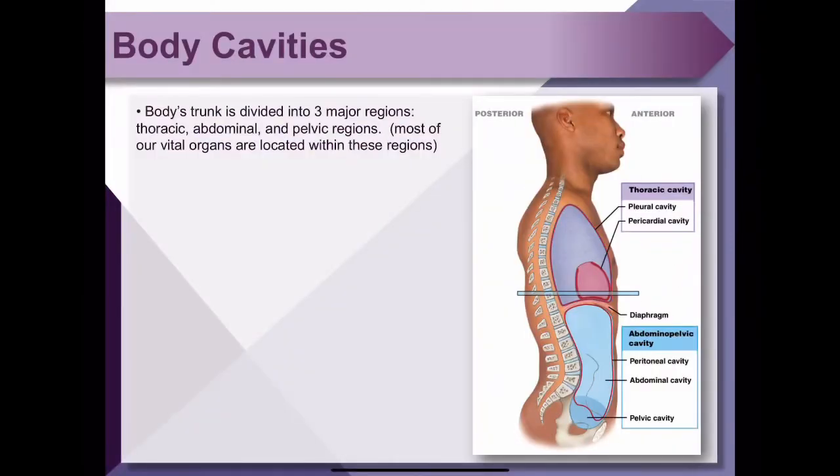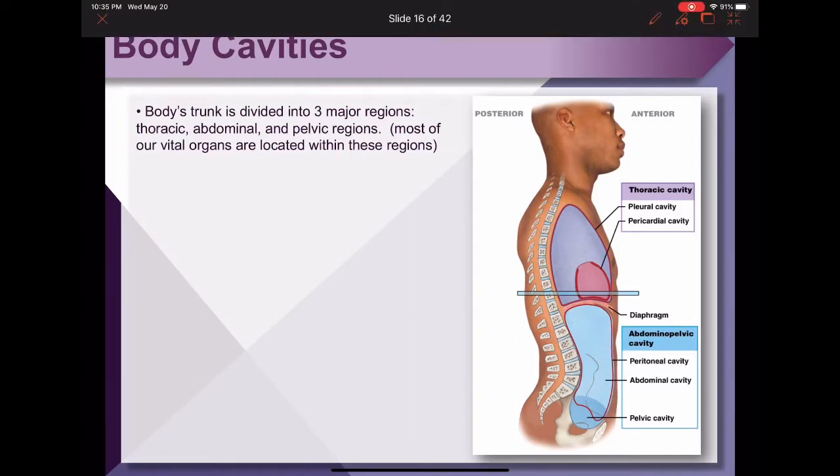Okay, so welcome back to part 2 of chapter 1. We'll continue with the anatomical terminologies we have to know. So the last set of anatomical terminologies we will go over are the body cavities and the membranes that line them. The body's trunk is actually divided into 3 major regions: the thoracic cavity, the abdominal cavity, and the pelvic